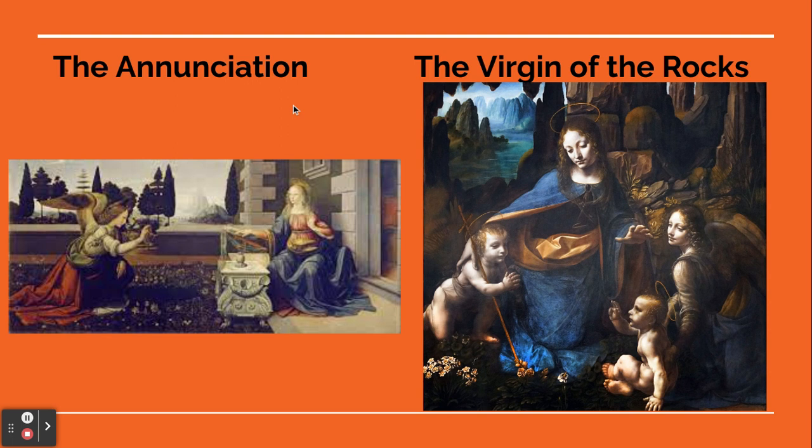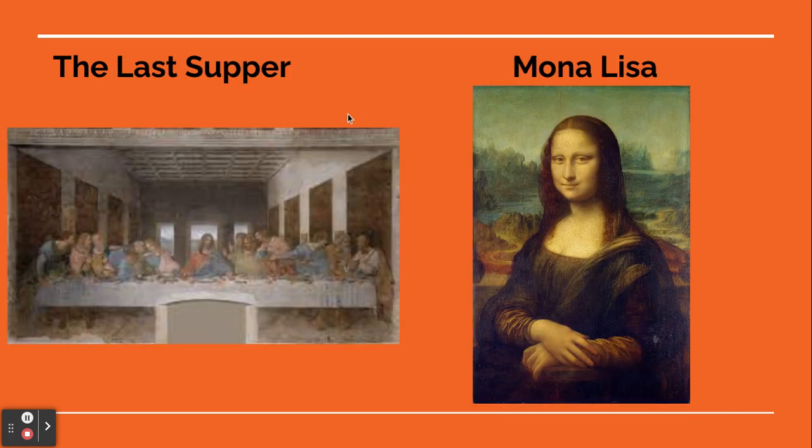And here are the artworks that he made. So this is the Annunciation. This one's notable because it was his first solo piece of artwork. Next is Virgin of the Rocks, then The Last Supper, which was painted in a Florence monastery on a wall kind of ceiling area, but he used a